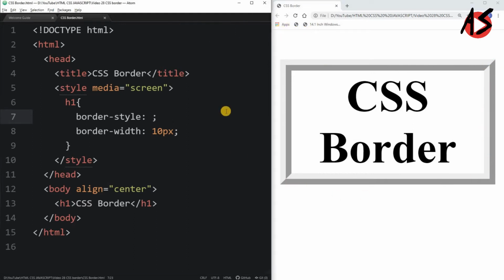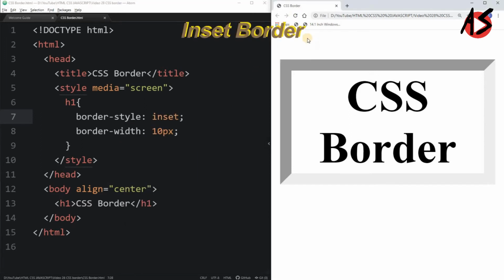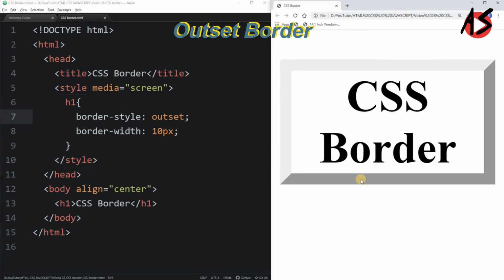You can now take the other styles, that is inset, in which the border looks like this, and you can even write outset, which reverses the dark and light shade of the border, exactly the reverse of inset.